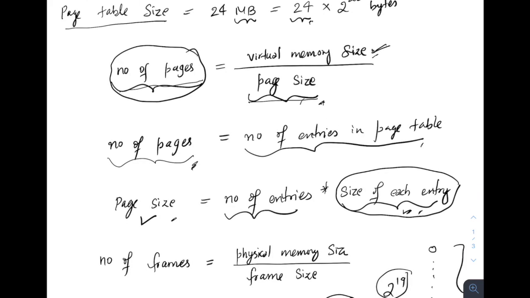Now, I am going to the page table, and this is the page table size. Sorry, I forgot, this is not page size, this is page table size. Sorry for the miscommunication. This is the size of the page table. Now, size of the page table equals number of entries in the page table multiplied by size of each entry in the page table, right? And the page table size is given. Now we have to somehow find these two. The number of entries is not given, but the size of each entry is given.